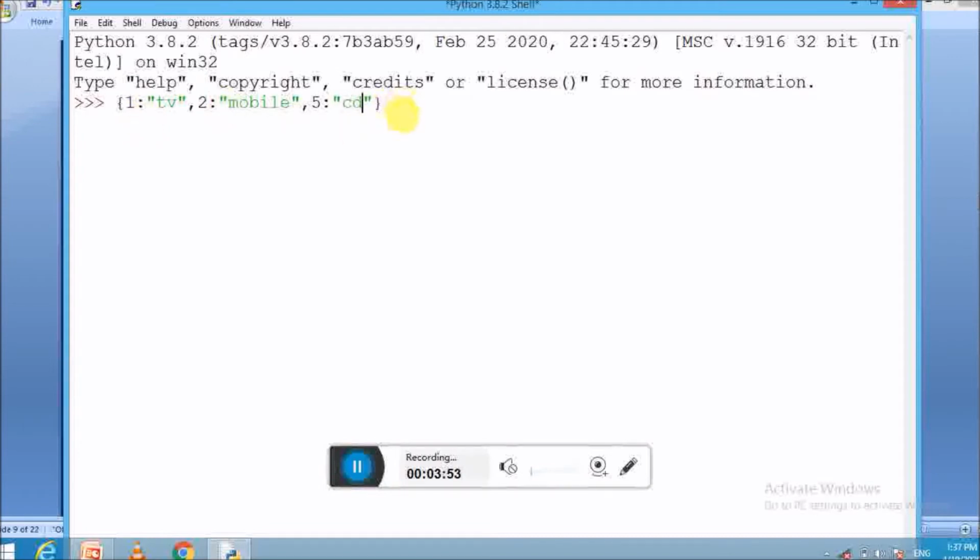Now after creating this dictionary, we have to keep it in a variable for further use. So I use the variable name DICT here and press enter.